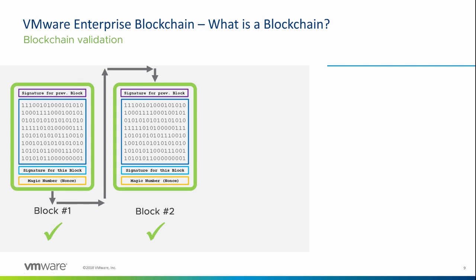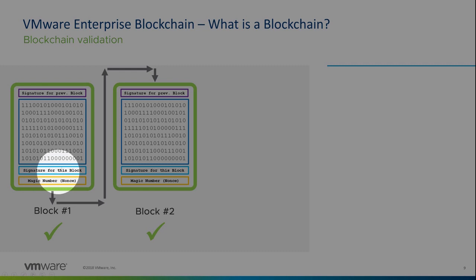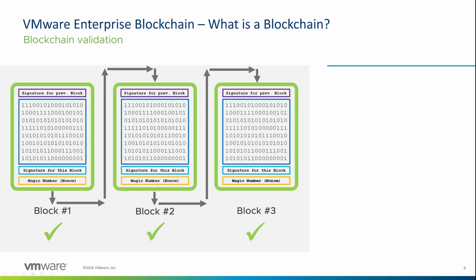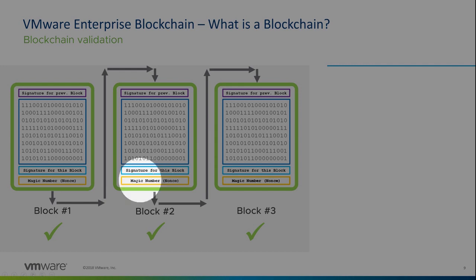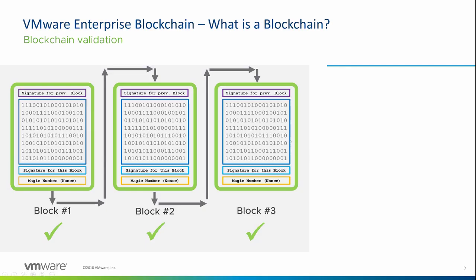Now the second block that's built takes the signature from the first block and incorporates that, plus the data, plus a magic number or nonce, to perform a mathematical calculation to make sure that we solve the criteria for the puzzle. And once we've got that, we can then write the signature for the block and seal it as a valid block. And then the process continues, where block 3 takes the signature from block 2, sticks that at the top, combines that with the data in the block and this magic number or nonce to solve a mathematical puzzle, and once it's done that, it can then write the signature for block 3, and that's a valid block,